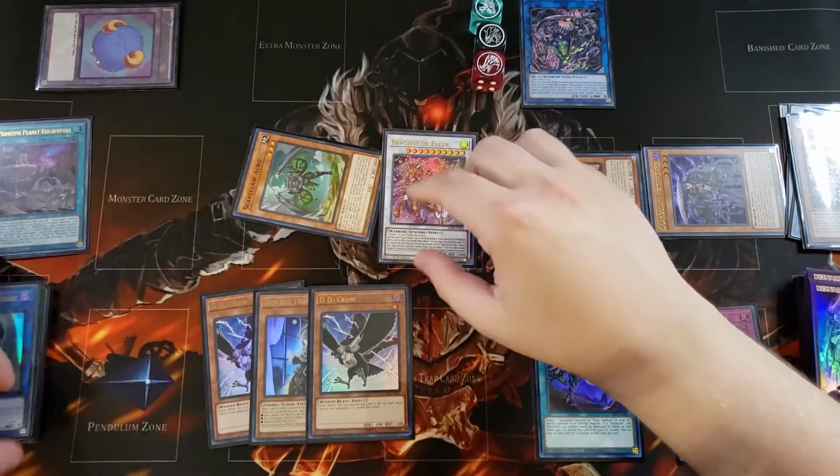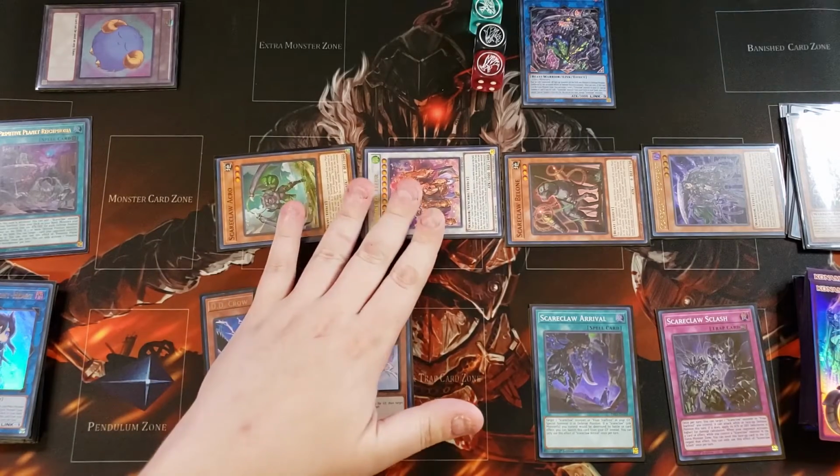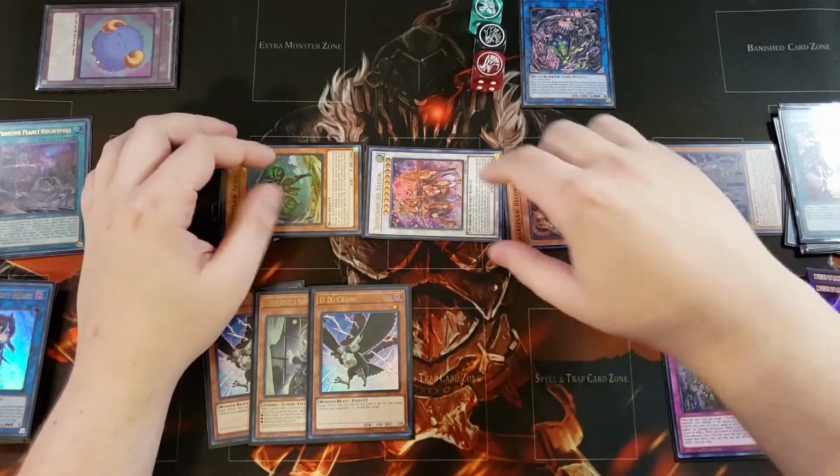Now the Baron de Fleur will go to defense position, which is totally fine because now we have another negate, and it can pop a card every single turn, which is super good in this deck. I really like that play to be able to summon out the copy of Baron de Fleur,